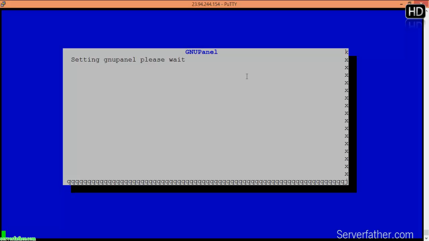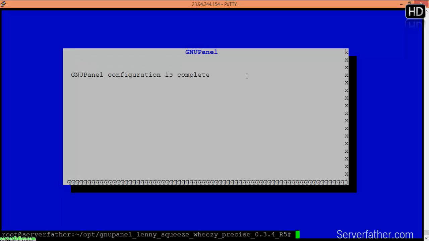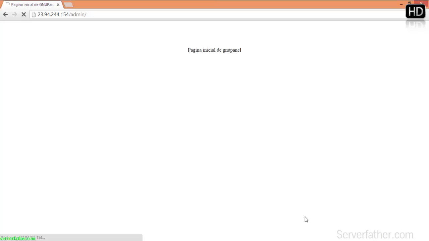So it's not easy to set up on your server, dedicated server or a VPS server. Now here you can see the GNU panel configuration is completed. Now you can access the GNU panel from your IP address /admin/